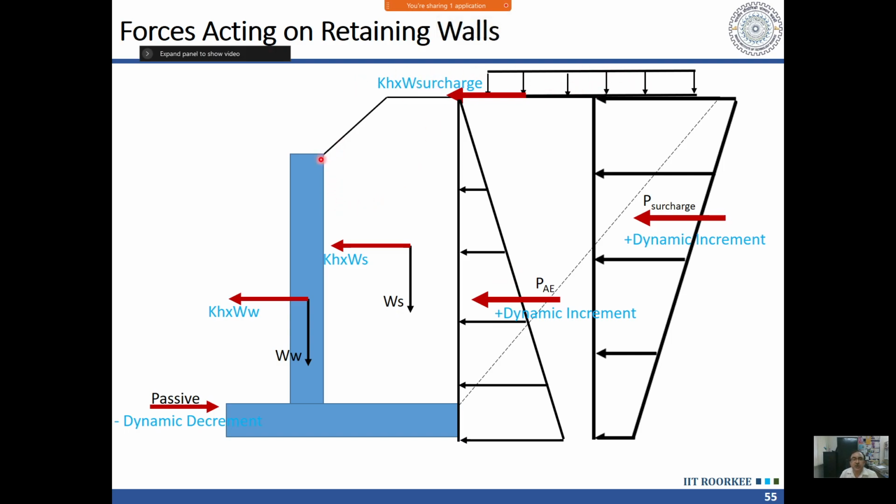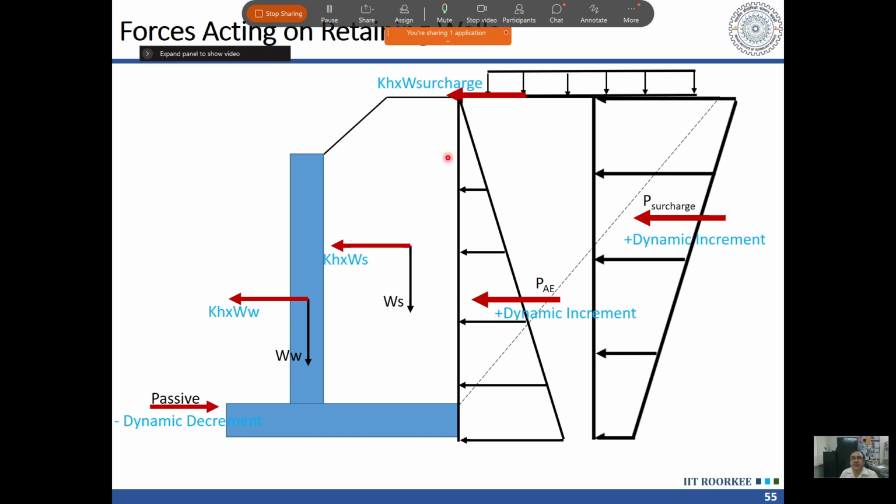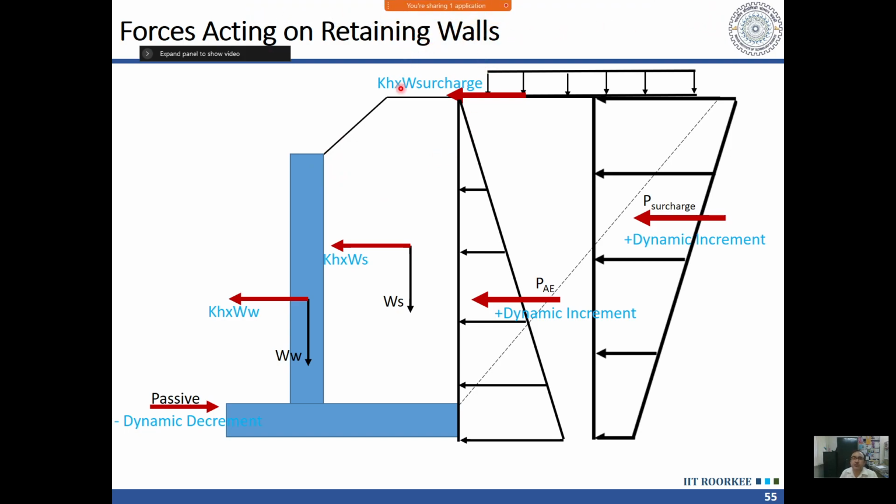I came across one interesting example where a return wall or a retaining wall was supporting a drain above this. So an RCC drain was there, and that drain was designed again to retain some soil. That soil was transferring its forces to the drain, and then this retaining wall was designed only for this force and the vertical pressure which was coming. But where will that horizontal force go which is coming on the drain?